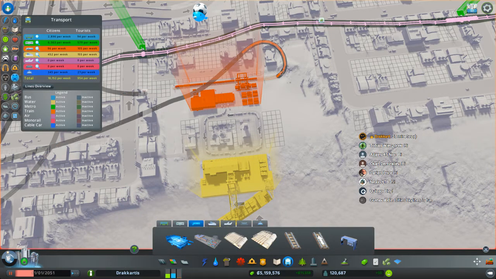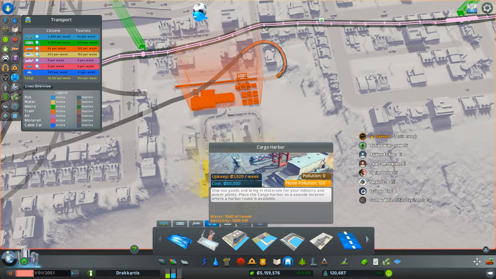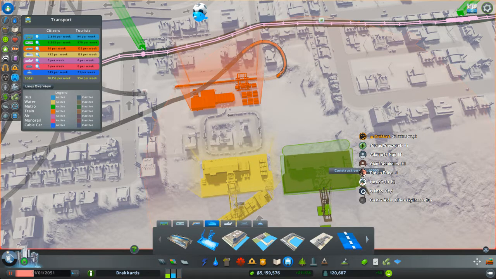Okay, so ship, cargo harbor. If we basically do a second cargo harbor around here-ish maybe, and then also give this a different freight station. Actually, I'm wondering, like, could we...